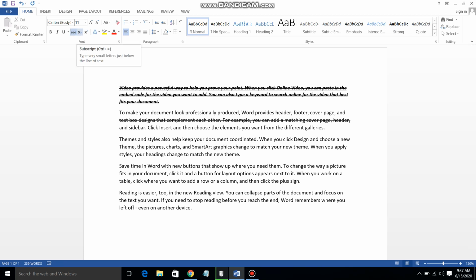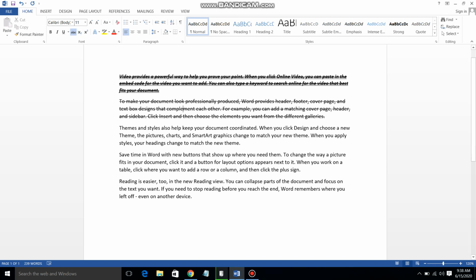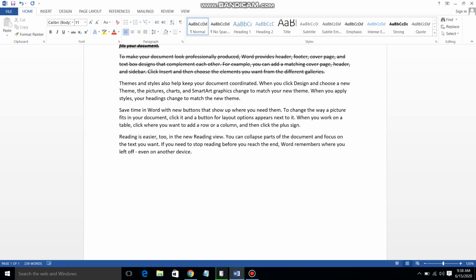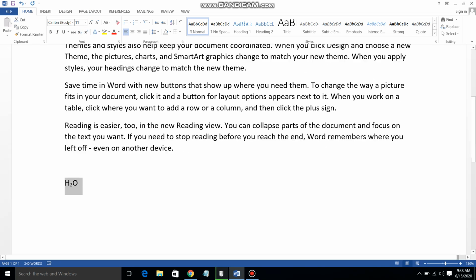Now this one is subscript and superscript. How will it perform? Suppose I am writing here H2O, but here all the text is in the same line. Okay, but I want the 2 small like this, so click here on 2 and see, so you will get H2O like this way. This is the chemical equation for water. Okay, so H2O. So you can use any text like this way, so you can use the subscript.